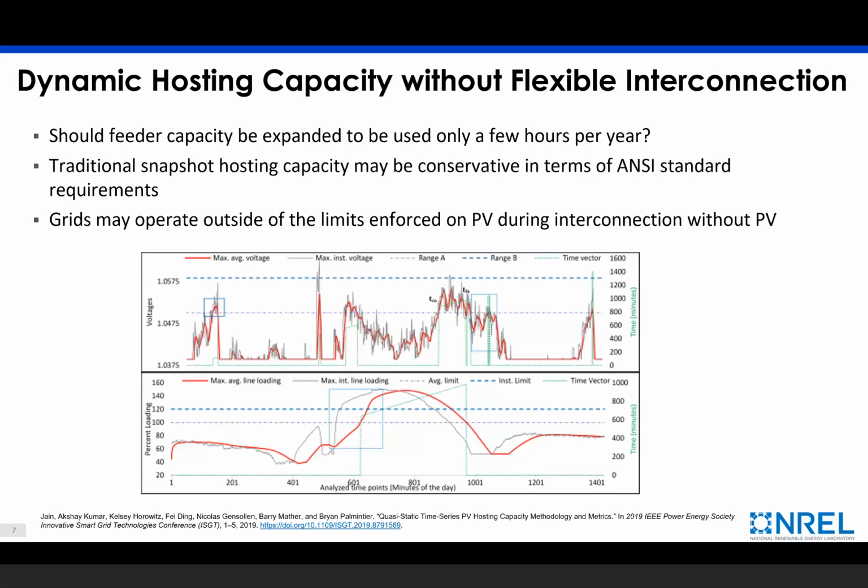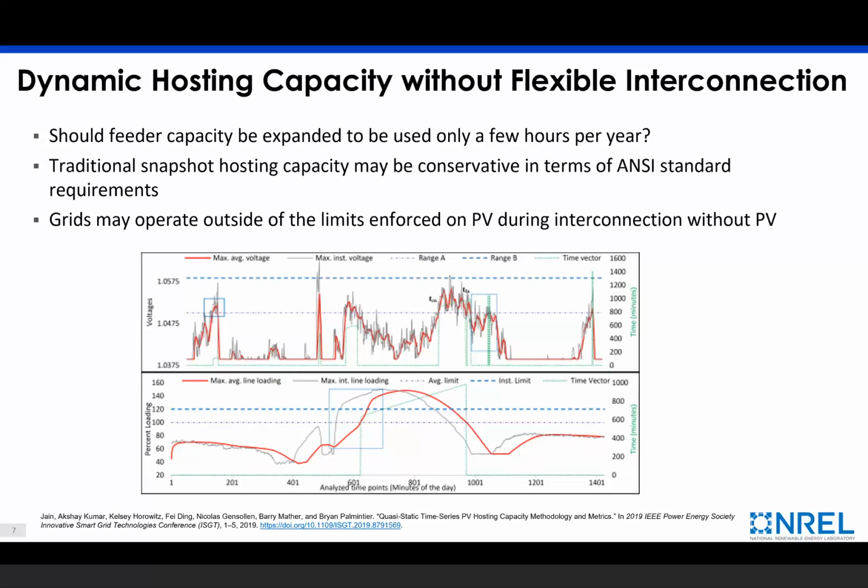And so this concept of dynamic hosting capacity is really about trying to look at the time series way that the grid is affected by these resources, and then understanding how frequently you have excursions outside of acceptable operating limits for the grid, how severe those excursions are, and what their duration looks like,